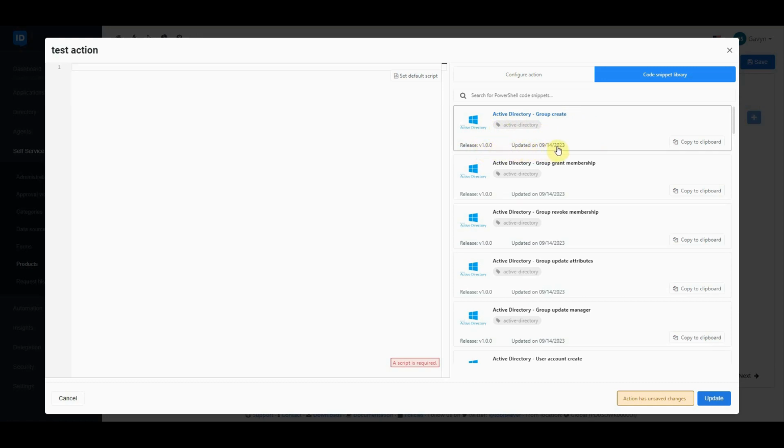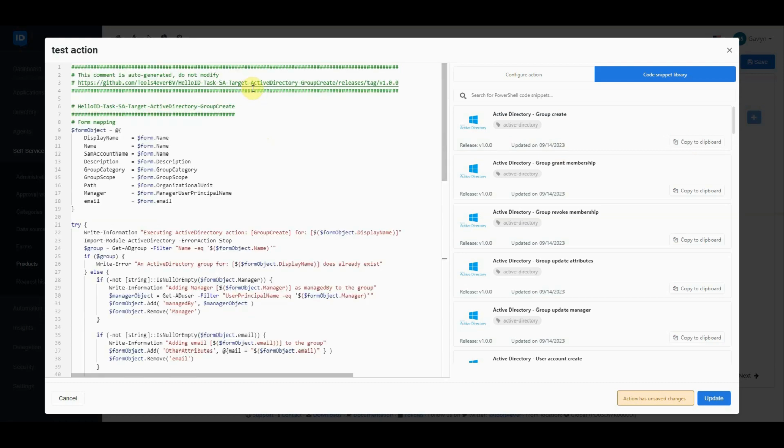There is also a button available to copy your PowerShell code into your clipboard. You can now easily paste a PowerShell code anywhere you'd like in your script. Please note this PowerShell comment block on the top of your script. This comment block is automatically generated and contains a link to the selected GitHub repository and release tag. This information might be useful for later features or for your own administration, so please do not remove or modify